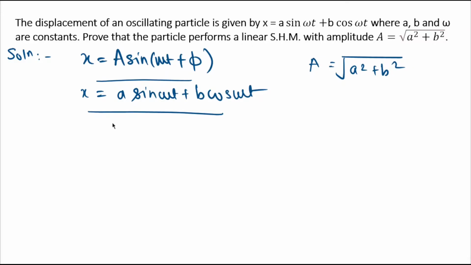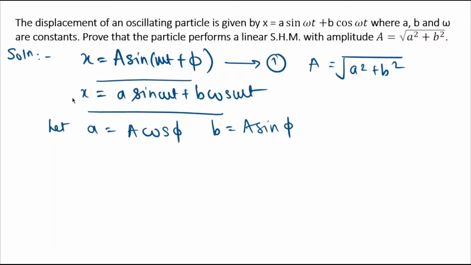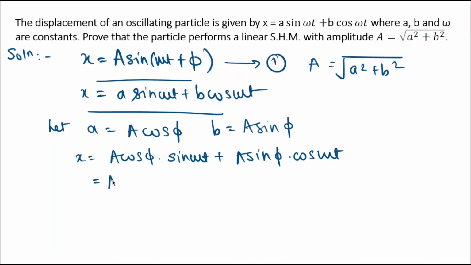So let's try to prove this. Let's give this as equation 1, and let's put a equal to A cos phi and b equal to A sin phi. So our x will be x equal to A cos phi into sin omega t plus A sin phi into cos omega t. Now taking A common outside, this will be sin omega t into cos